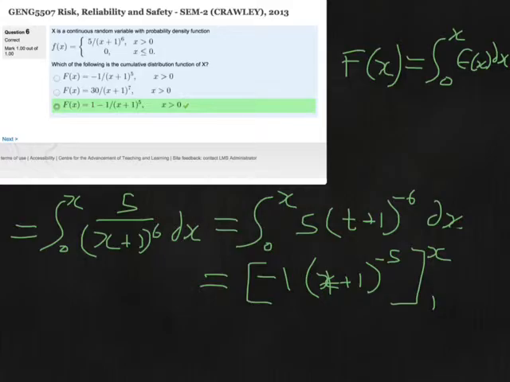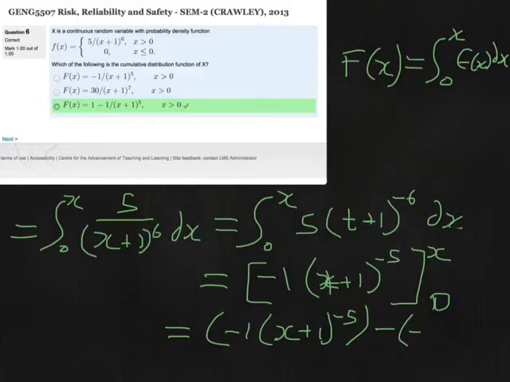And then when we substitute the x's in, what do we get? We get minus 1 outside of (x plus 1) to the minus 5, minus, oops, don't know why I put 1 there when that's 0, minus the minus 1 times t, which is 0 in this case, which is 0, plus minus 1 times the plus 1, which is the minus 1, and 1 to the minus 5 is still going to be 1, so that's just going to be minus 1, and that's going to give us our final answer of